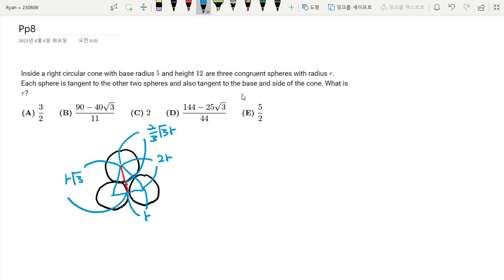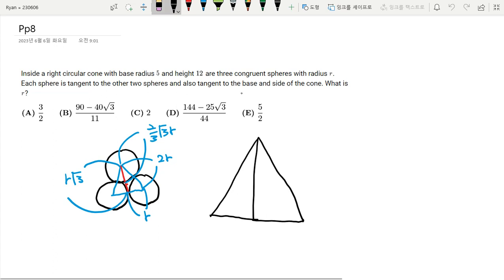And then this view we are looking at these three spheres from the top, and let's change the view, sideways. That means if we look at this circular cone from the side, they will have this type. The side of the circular cone looks like this isosceles triangle, and I'm looking at one of the spheres located here,